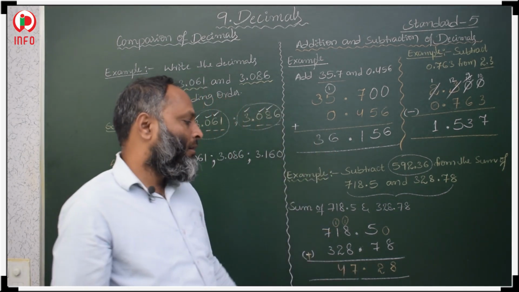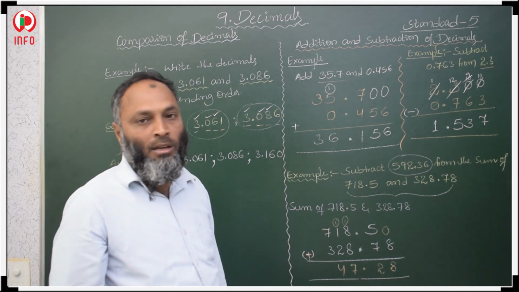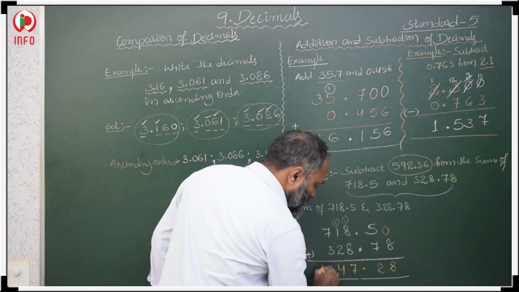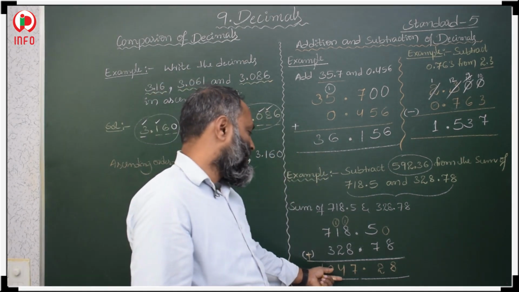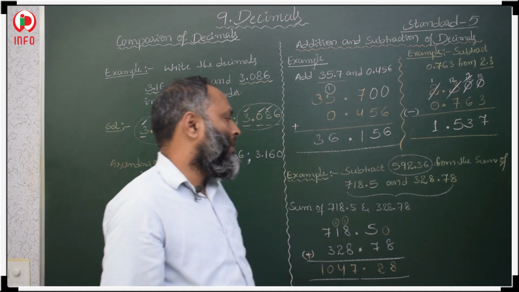Then after that, 7 plus 3, 10. 1047.28. From this sum, subtract